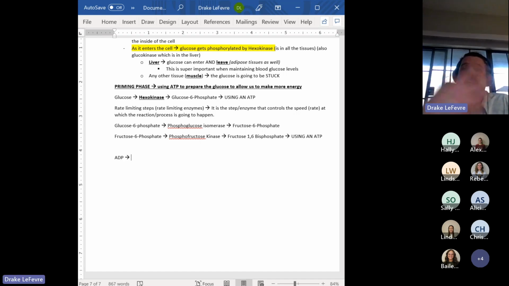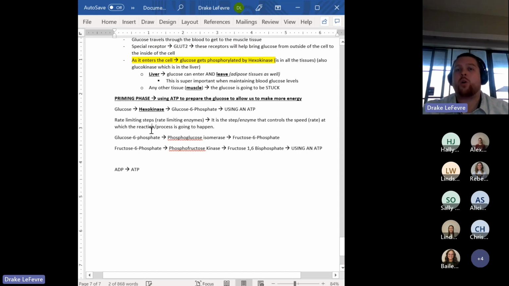We have a kinase, but that's taking a phosphate away from something and giving it to an ADP to make ATP. I would say that if you see a kinase, you're either making ATP or you're using ATP, which is then why it's important to remember